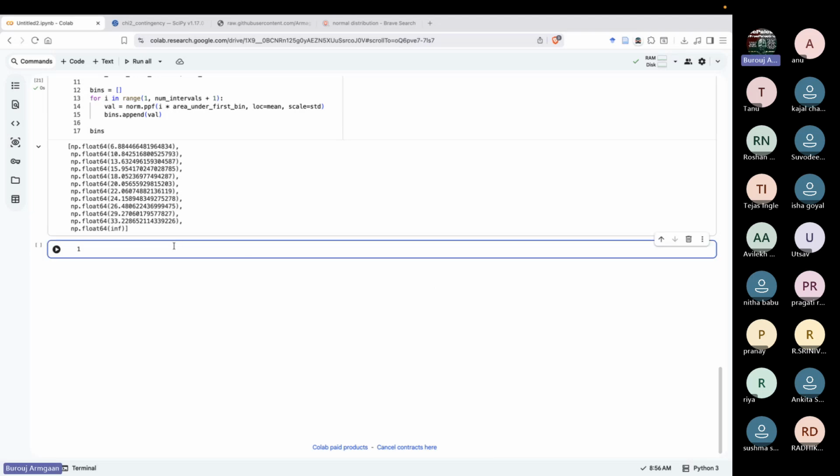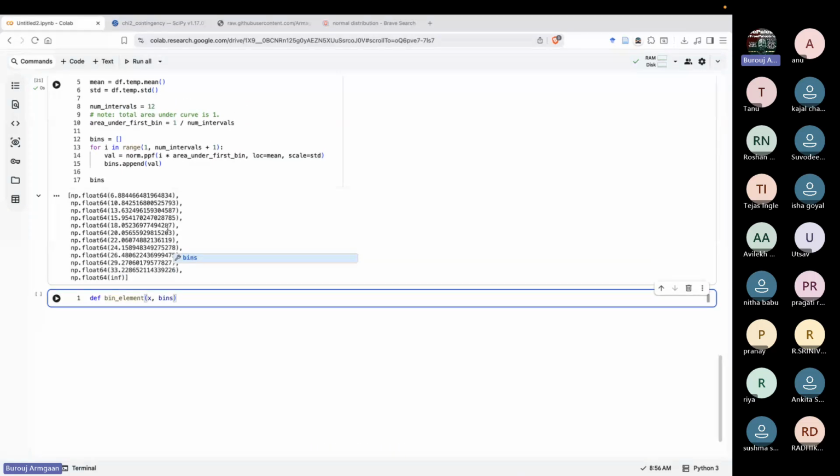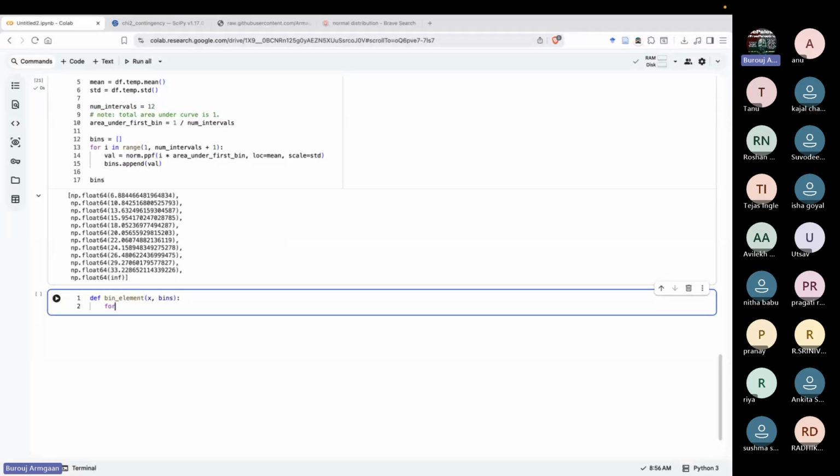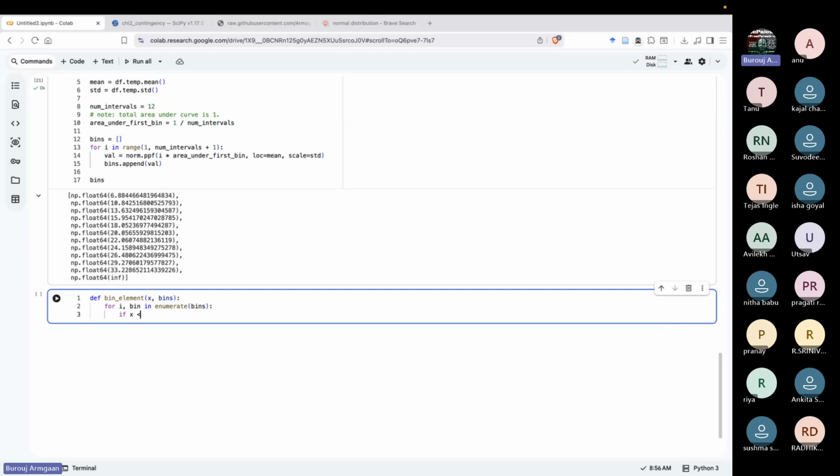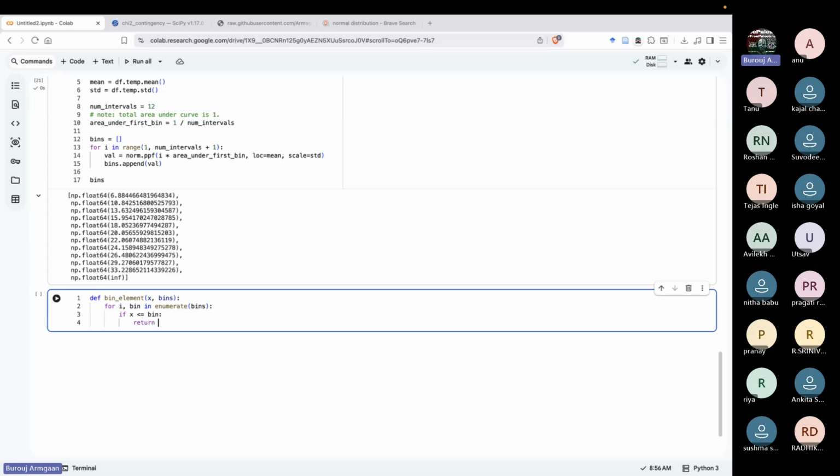We can define a function. We can say define bin element. You could also do it the other way: you first define the bins, and pandas also gives you a function that, given these particular bins, gives you the bin data. But let's do it this way. We have a particular x value and we can supply the bins and return the particular bin. So we can say for i, bin in enumerate bins, if x is less than or equal to bin, you return,